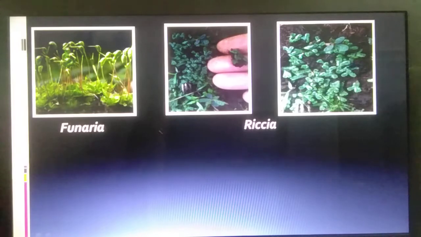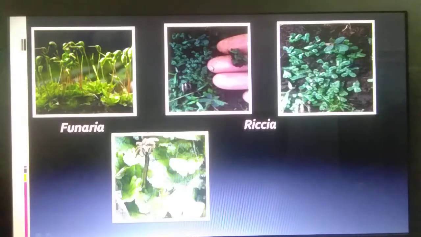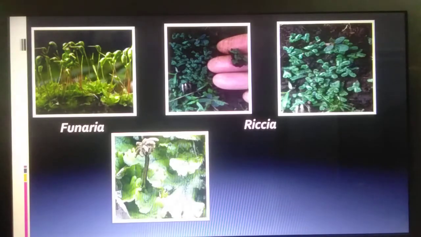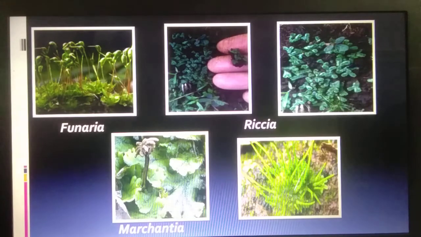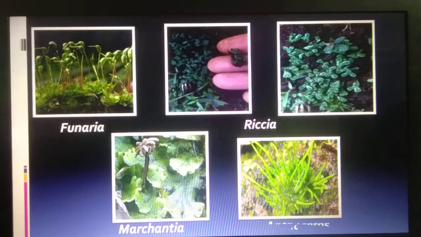So the name of this is Riccia. You can see it is dichotomously branching. Dichotomous means splitting into two. Fine. Next one is Marchantia. Though the picture is large here, the size is similar to Riccia, very small. This is called Marchantia. Next one we have Anthoceros. The picture of Anthoceros is shown in your textbook.